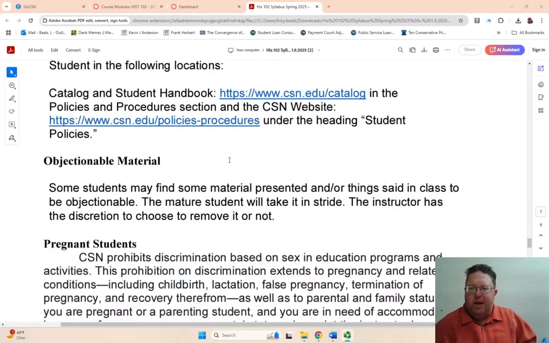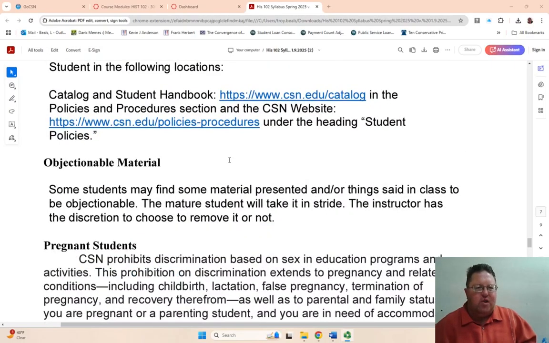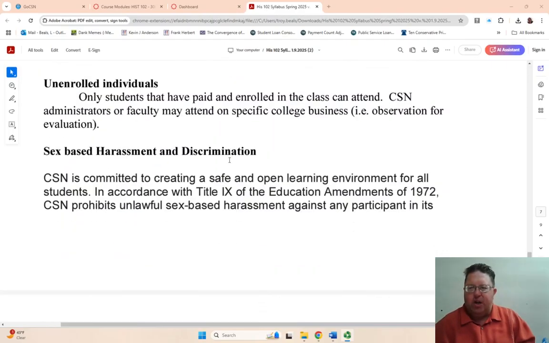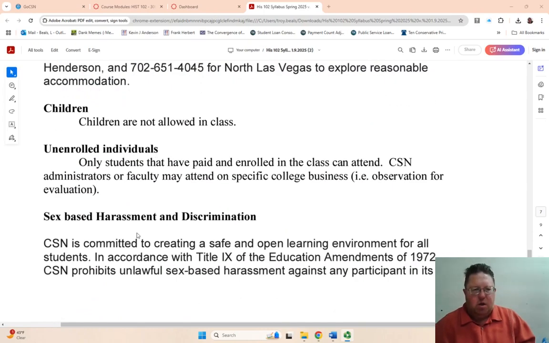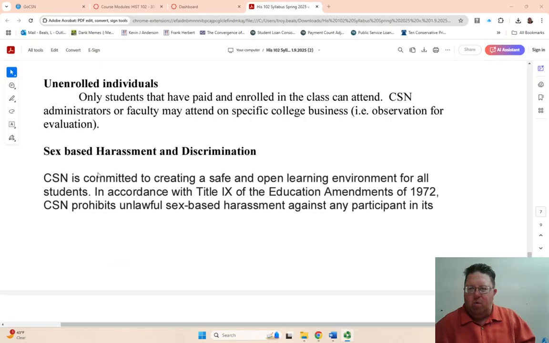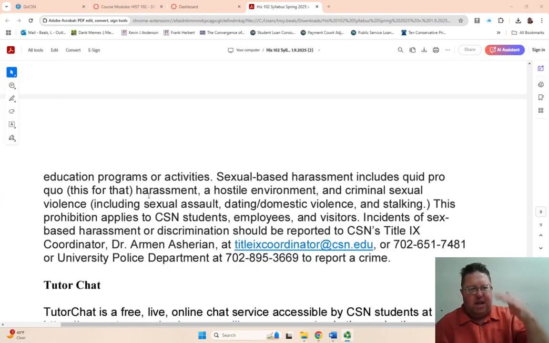And how does that go back to objectionable material? Obviously there's a line. The problem sometimes is some people treat hearing things they don't like as harassment, and that's not correct. Hearing an opinion you don't like doesn't mean you're being harassed. So there's that line, but anyways, I have had students, like that one student,